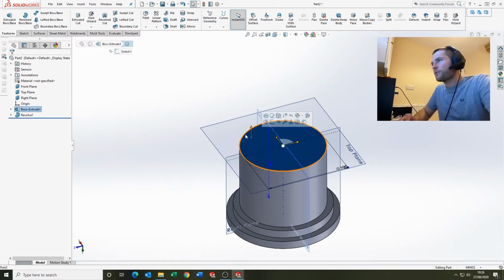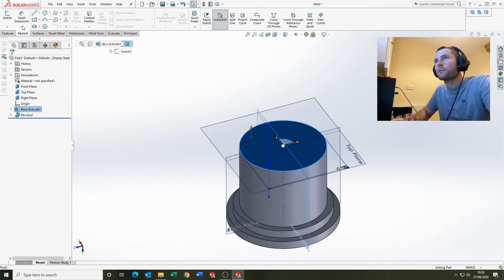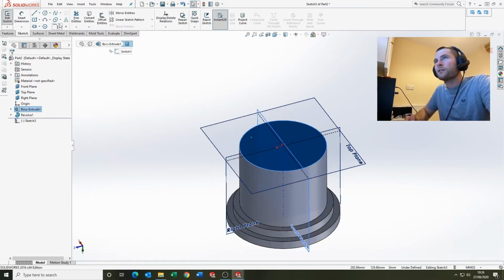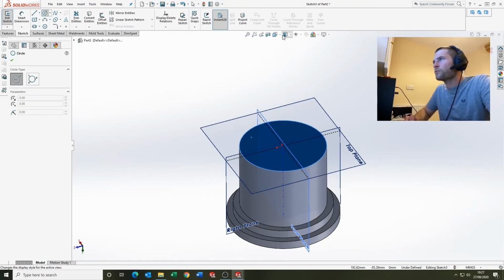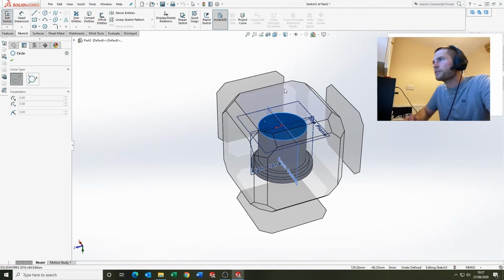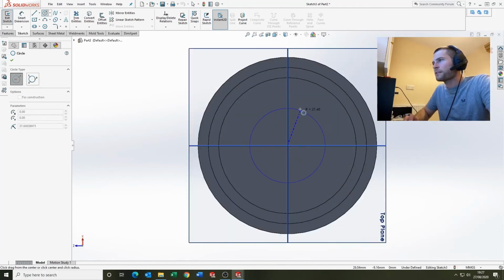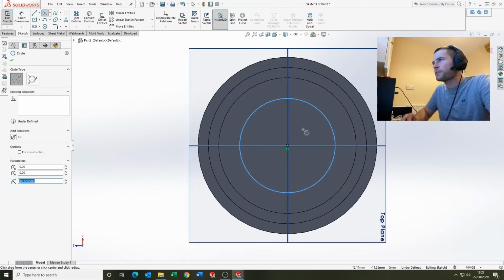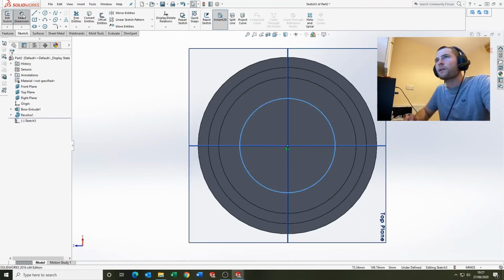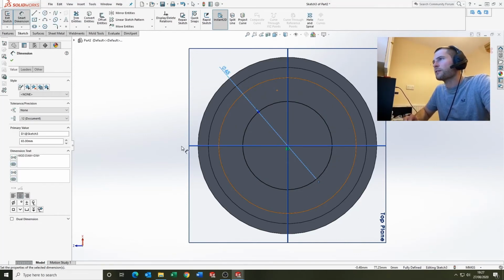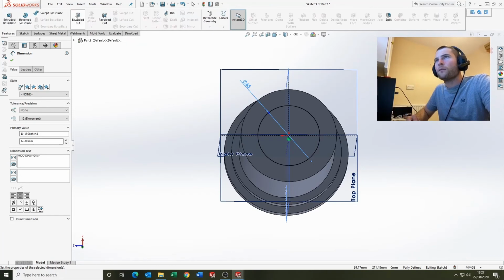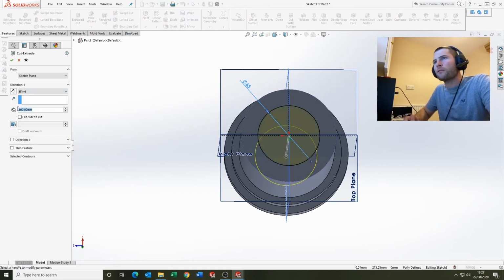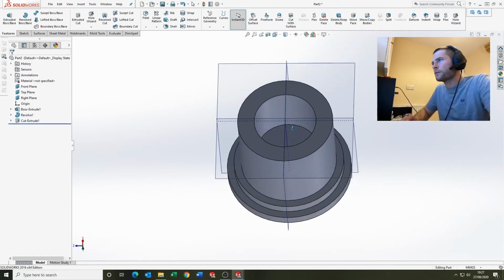And if we select this top face, remembering that we can sketch on planes or planar faces, we're going to come up to the command manager and select sketch, and we'll select circle, and I want to go normal to the top here again, so go view orientation and select the top, and we're going to make the circle center point coincident with the origin. There's that green relation again. Come up to dimensions, and we're going to make it 65mm diameter, and we are going to cut down 60mm. Okay,